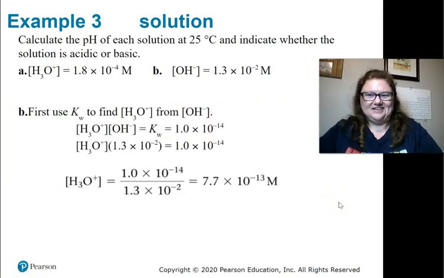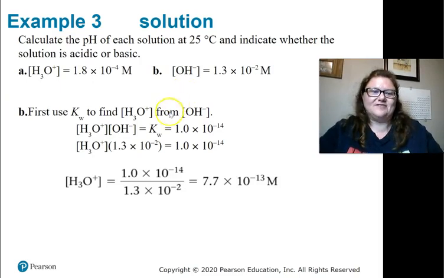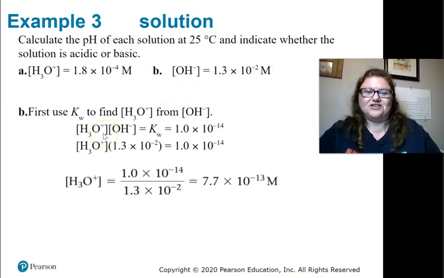B is a little trickier. You've got to be careful what you're given. We are given a hydroxide ion concentration. This cannot directly plug into the log equation for pH. That's OH that was given. So we first have to figure out what hydronium concentration we have given this hydroxide ion concentration. So we have to use Kw. And so using Kw and the given hydroxide concentration, we end up with our